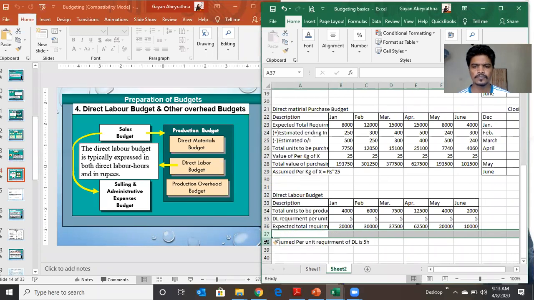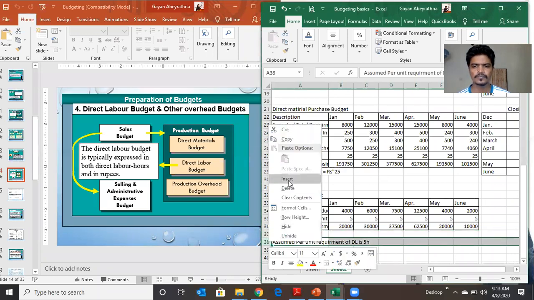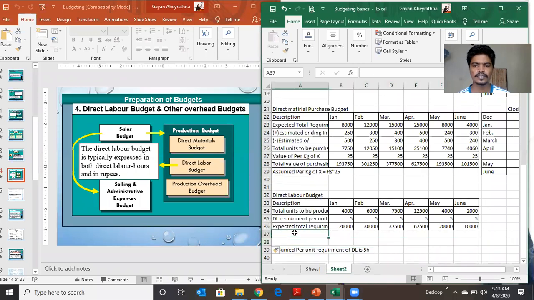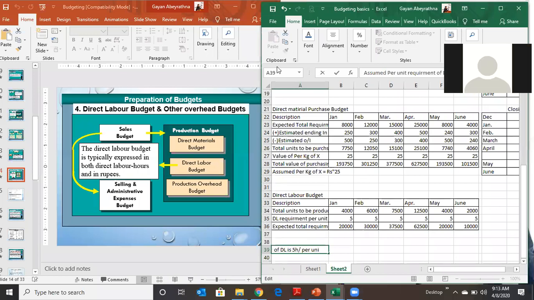Now let's say we are going to pay, that means let's assume, per unit 5 hours, and let's say the rate is